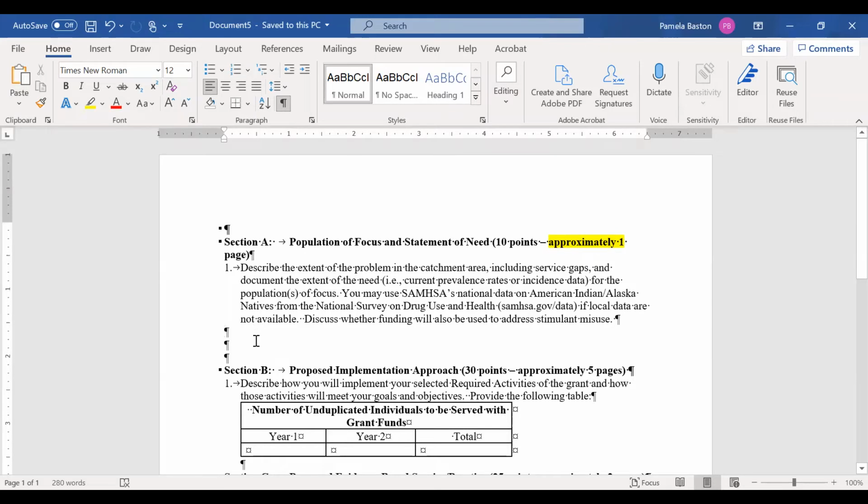Okay, but to make sure that I do not screw this up, and believe me, as a grant reviewer, you would be shocked how many people don't even quite answer the question, I'm going to start the first sentence. Before I describe the extent of the problem in the catchment area, I feel like I need to first describe the catchment area. So I'm going to reverse the order a little bit in this sentence. I'm going to say, the catchment area